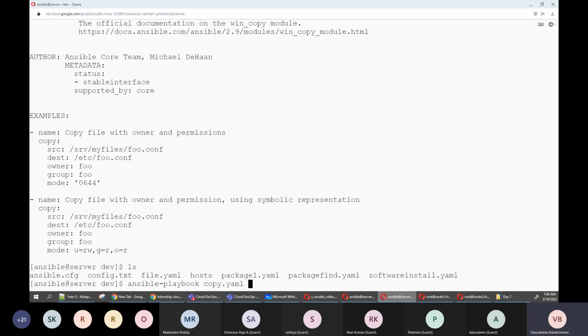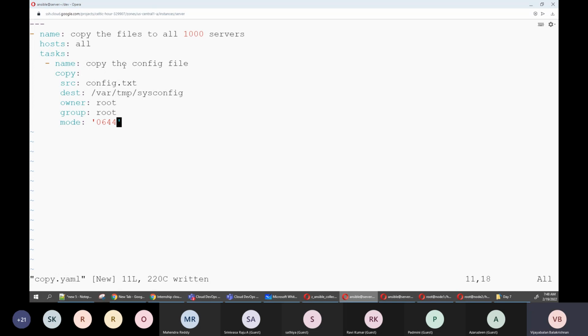So can you tell me whether this will work or not? While copying, does it replace the values or not? No, it won't, because you are only changing the owner of the file.